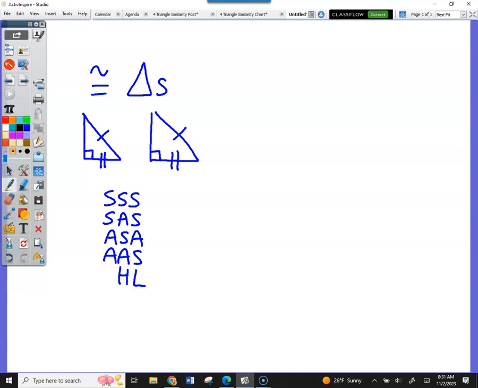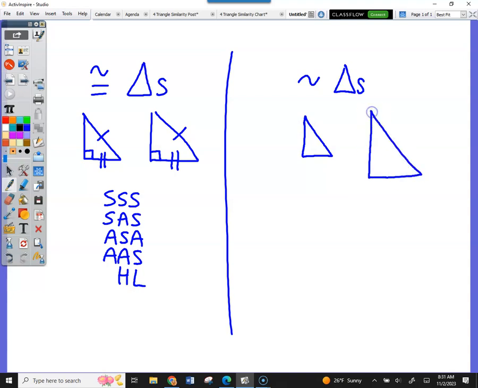Same exact concept. The difference is now it's just similar triangles, meaning I have a triangle and then I have a bigger triangle. The corresponding angles are congruent and the sides are, starts with a P, proportional. So like if this was 2, let's say, and it was a scale factor of 3, then this would be,